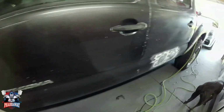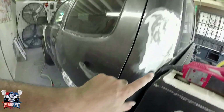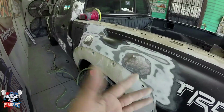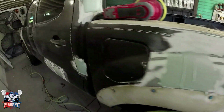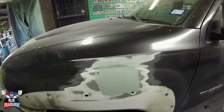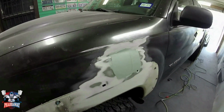I already did that to all the dents that this side of the truck has. There you go. So I'm gonna prepare my body filler, start applying the body filler to everything. There's the first coat of body filler, and I think with one coat, body filler will do it. I'll start sanding it so that I can just see if it's gonna need a little bit more, but I